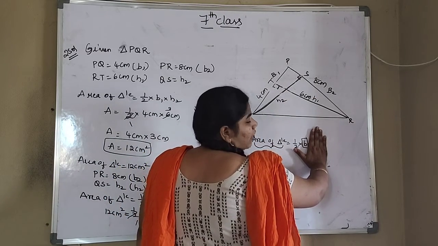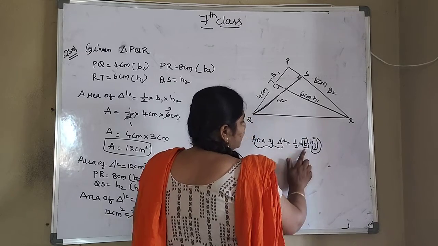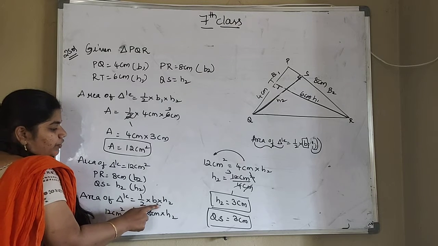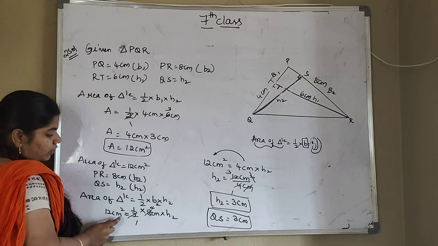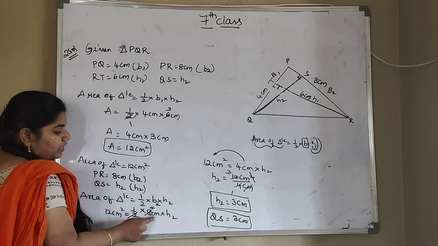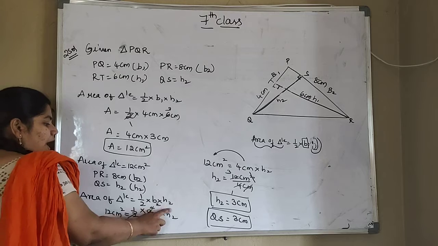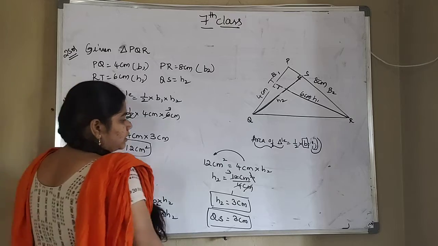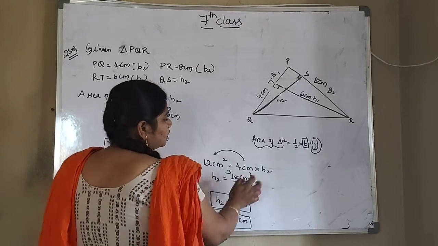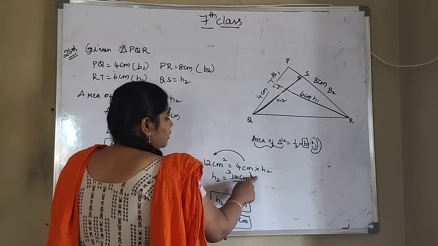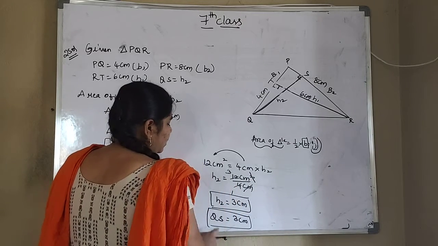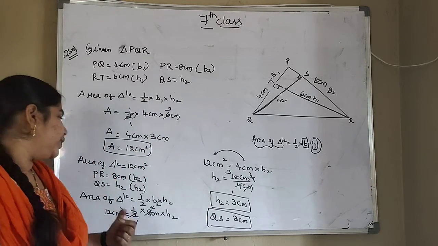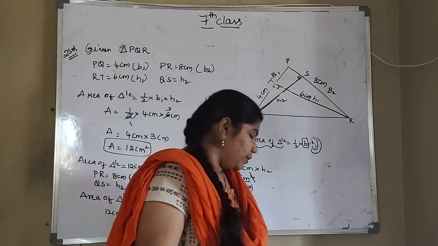So the remaining values I want. What is that? Base value I want, and area of a triangle also I want. So area of a triangle is equal to half into base 2 into height 2. Area of a triangle we already know as 12 centimeters square. Base value we know as 8 centimeters. Height we are going to find. Okay, so 2 1s are 2, 2 4s are 8. So transpose that 4 to the other side. That will be in the form of division because it is in the form of multiplication. So centimeter will get cancelled. 4 1s are 4, 4 3s are 12. So height 2 is how much? 3 centimeters. Height 2 is nothing but QS. So QS is equal to 3 centimeters we got.